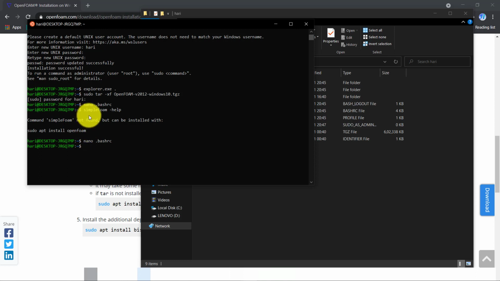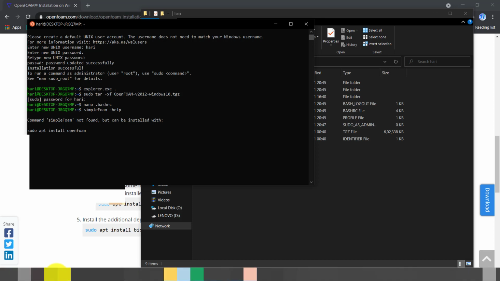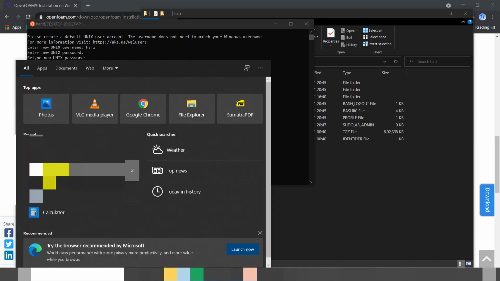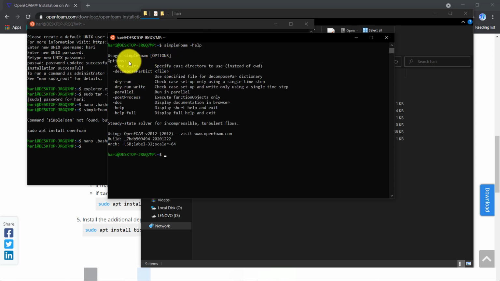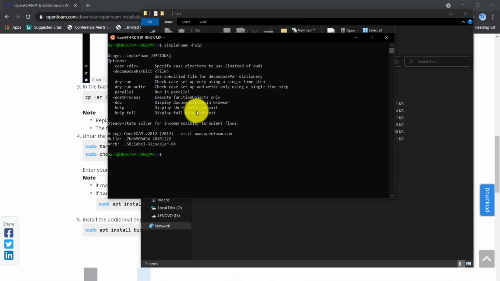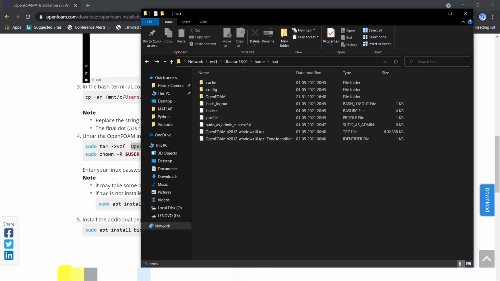You have to just open a different Ubuntu window, and there you just write simpleFoam -help. It will show the help output. Here you can see that OpenFOAM is installed. If you close all the Ubuntu windows and open it again,